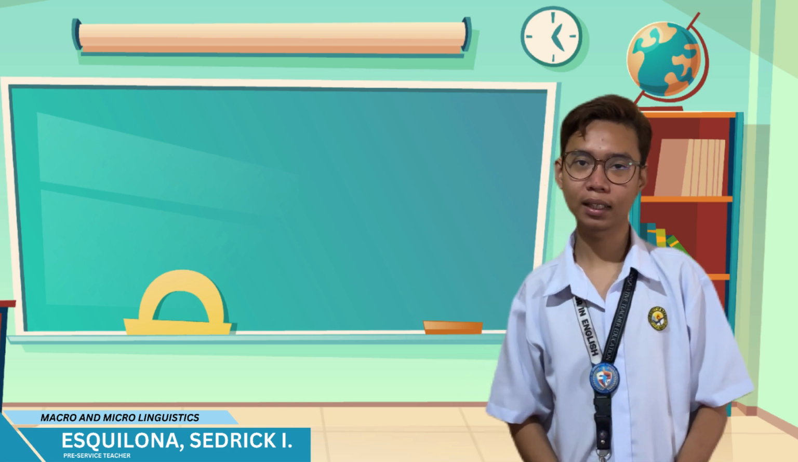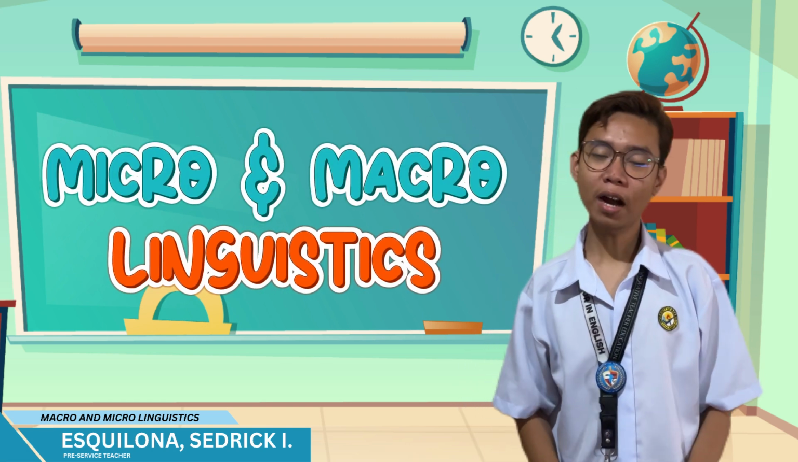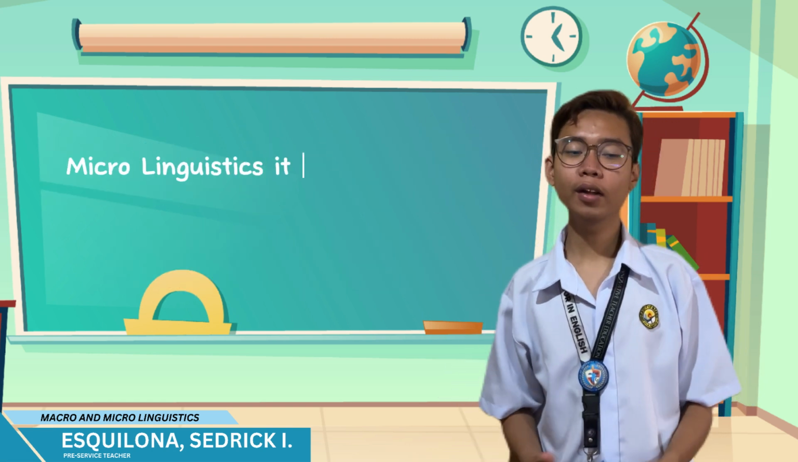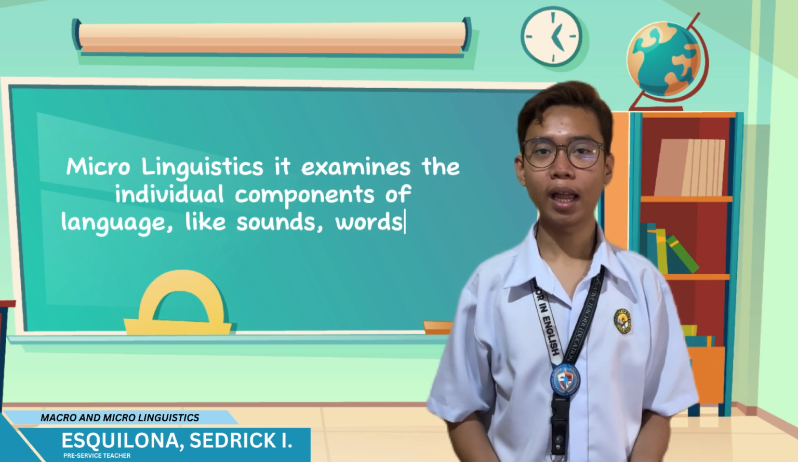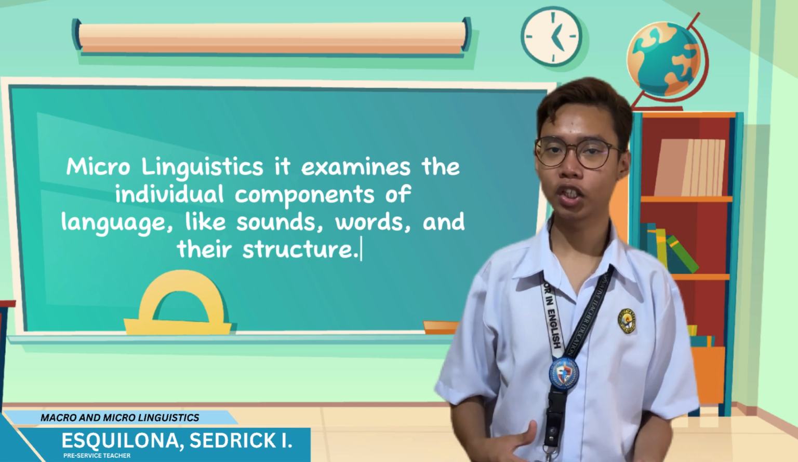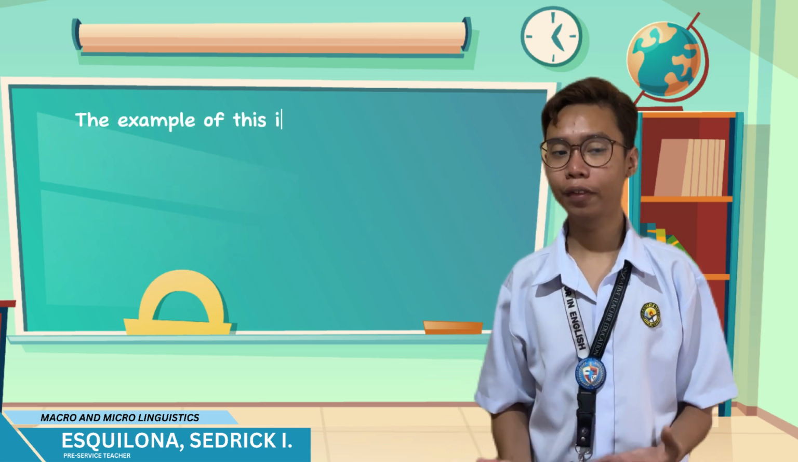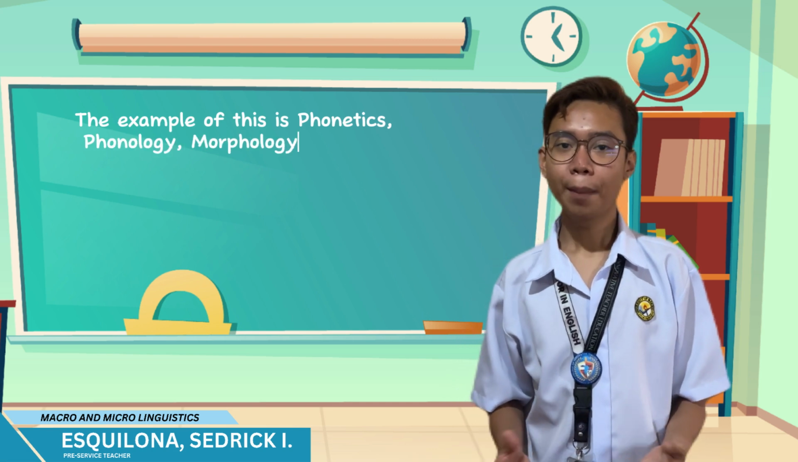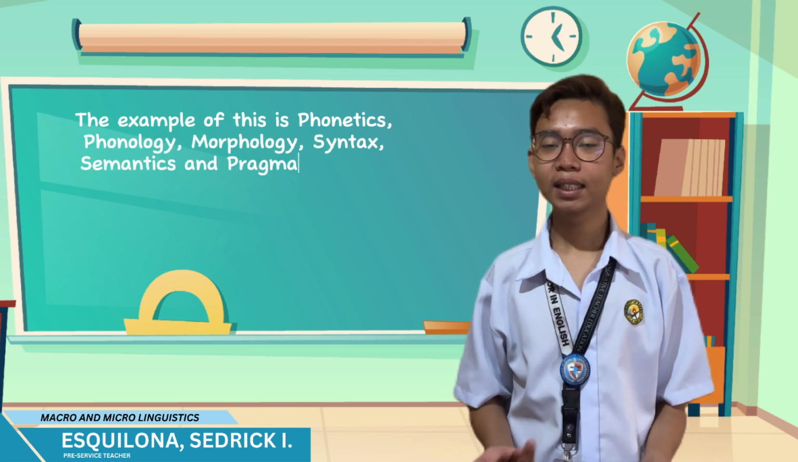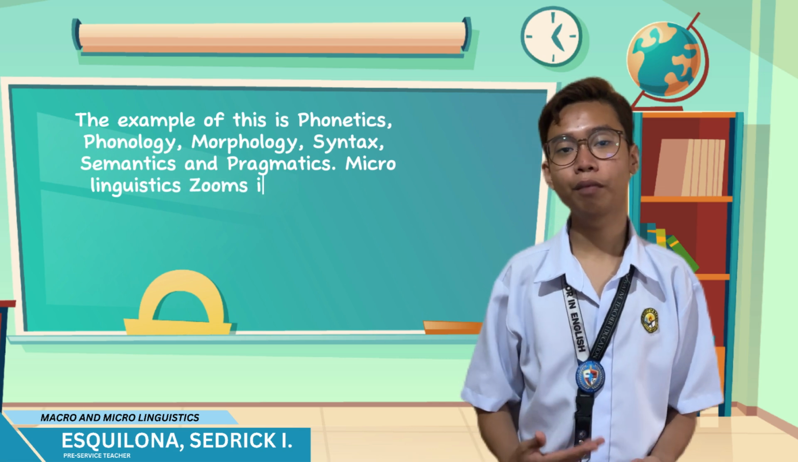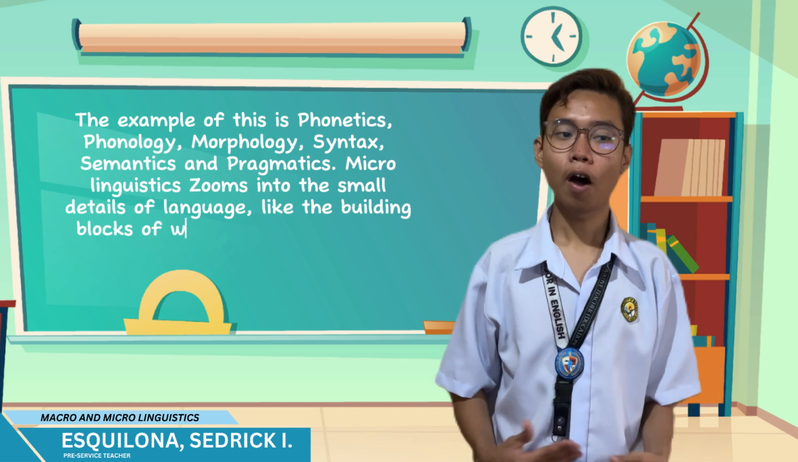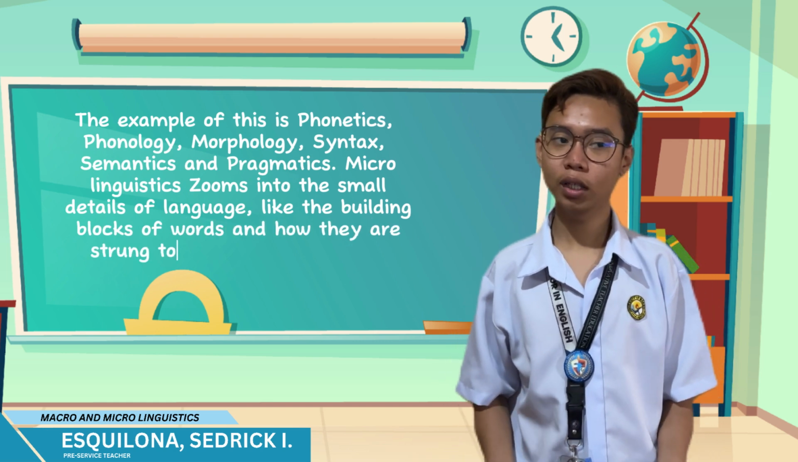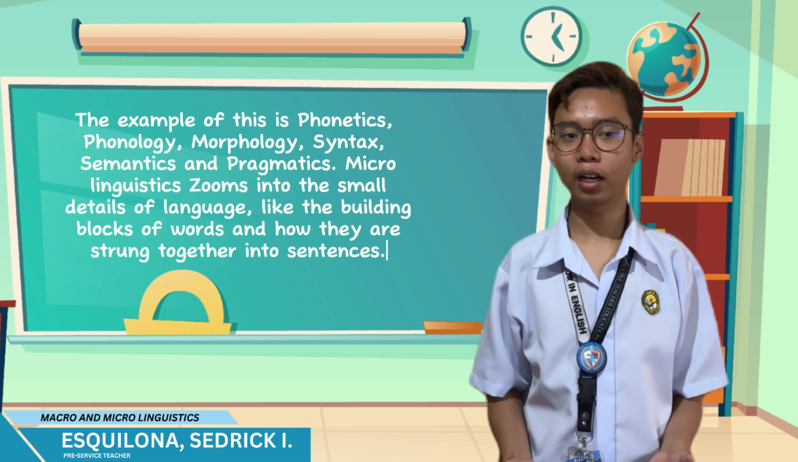So now let us illustrate the two components of linguistics, which are micro and macro linguistics. Microlinguistics examines the individual components of language, like sounds, words, and their structure. Examples of this are phonetics, phonology, morphology, syntax, semantics, and pragmatics. Microlinguistics zooms into the small details of language, like the building blocks of words and how they are strung together into